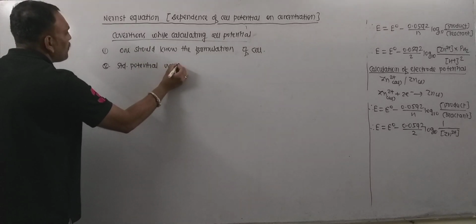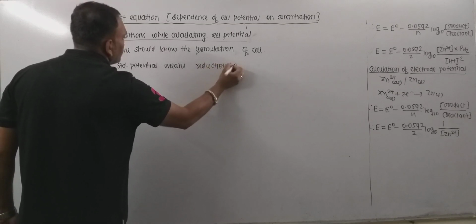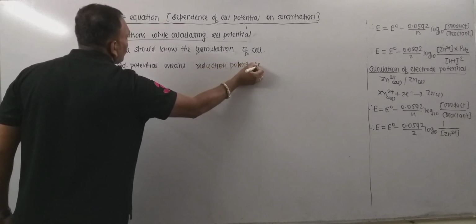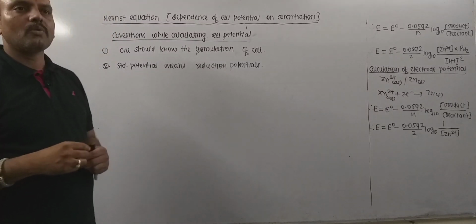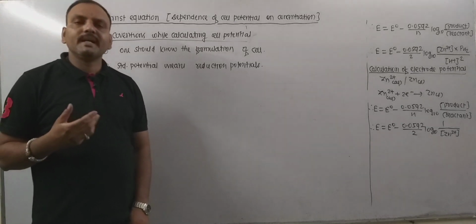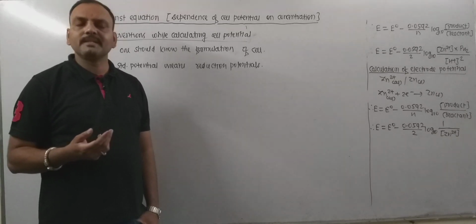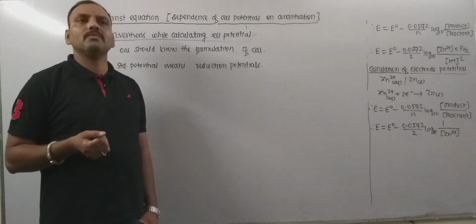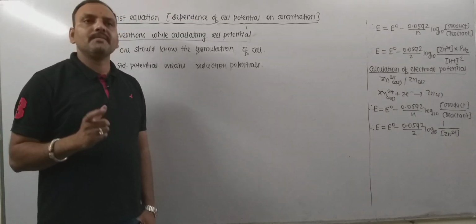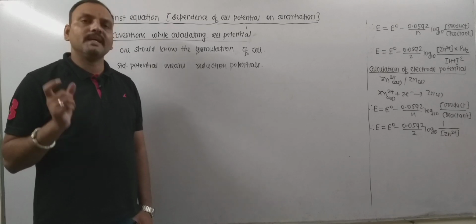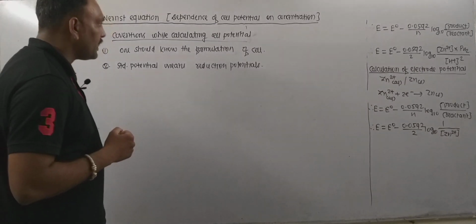Second very important thing is, when the term standard potential comes, it means standard potential means reduction potential. Always remember, standard potential means reduction potential. It is the convention. This is a very important thing to be noted. Otherwise what happens, students often remember standard oxidation potential sometimes, and that may lead to wrong calculation. Thus it is very important to note that if the term standard potential comes, then it means the reduction potential. That is to be known.